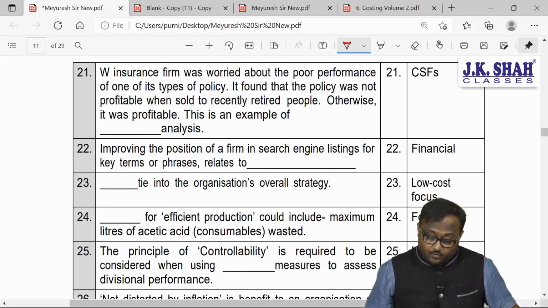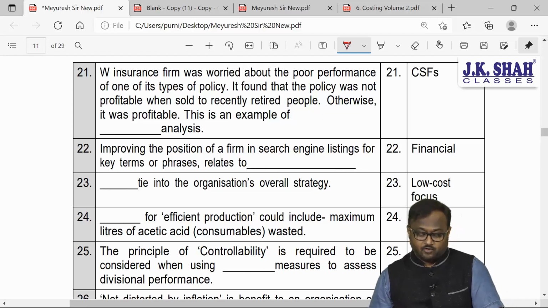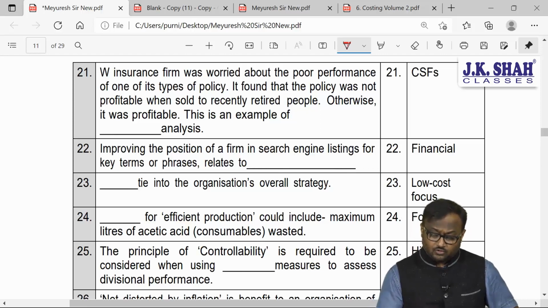21. W insurance firm was worried about the poor performance of one of its policies, and it found that the policy was not profitable when sold to recently retired people. So you found out that the product is loss making after it was launched, otherwise it was profitable. So one customer segment of the product is wrong. So this is an example of